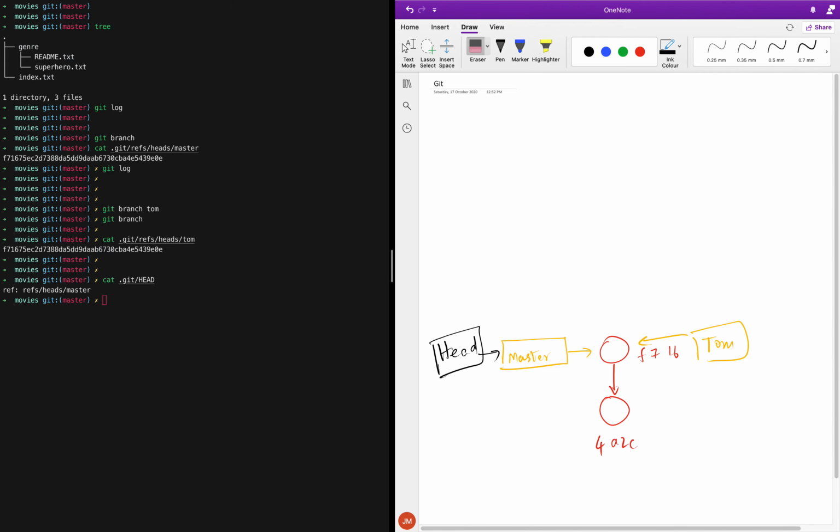Now what I'll say is, where are we right now? We are in the master branch, right? So in the master branch, we'll go and change something. Let's do nano, and which file are we going to change? We want to change this